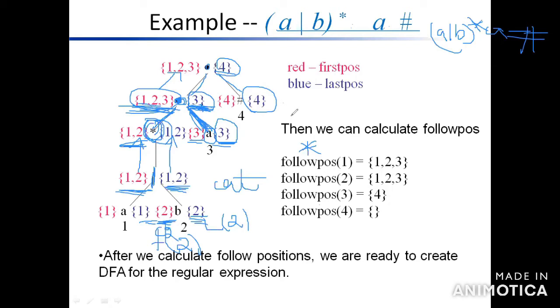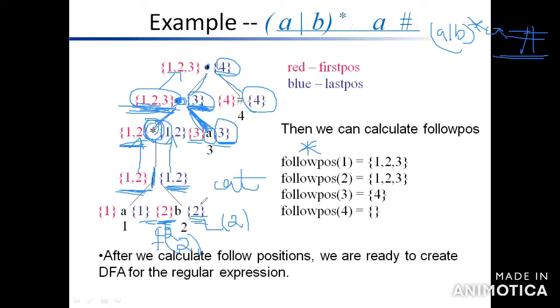Okay. So this is for DFA problems. I think you got the idea. Okay, now I can go to the next step. First, you have to add the hash symbol. Second, you have to create the syntax tree. Third, you have to specify the numbering of values. Fourth, you have to calculate the first positions and last positions. What about the next thing? You have to calculate the follow position values.